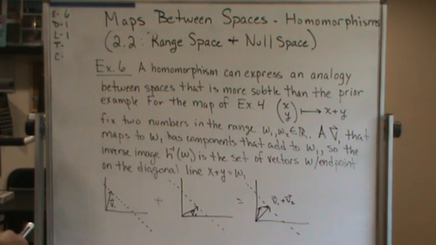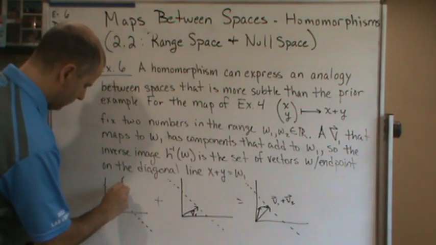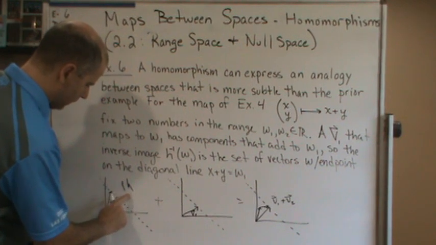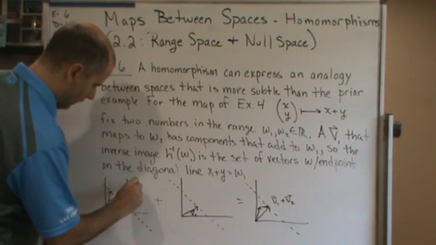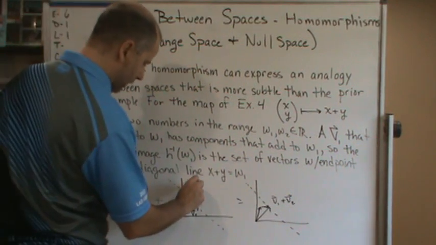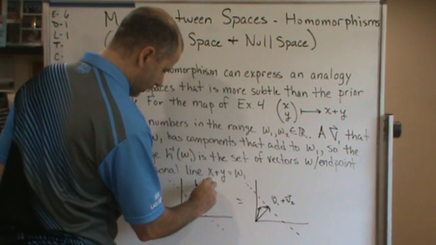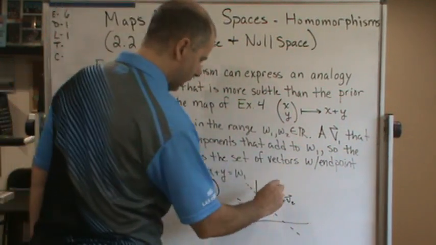In other words, H of V1 plus H of V2 equals